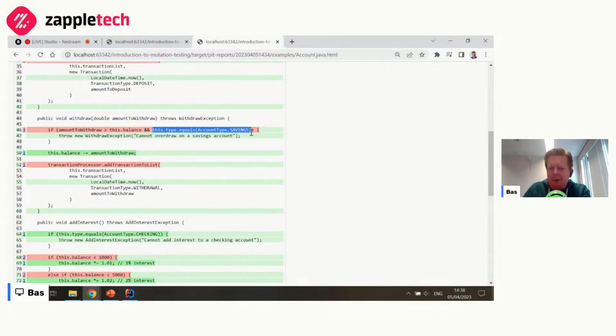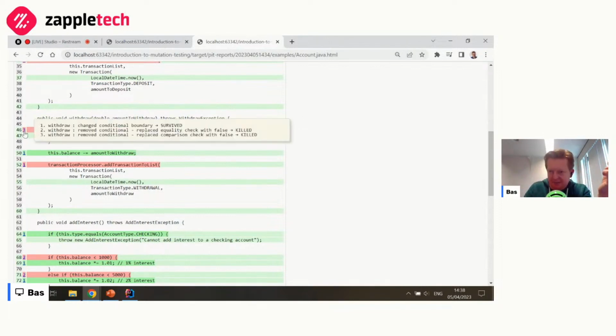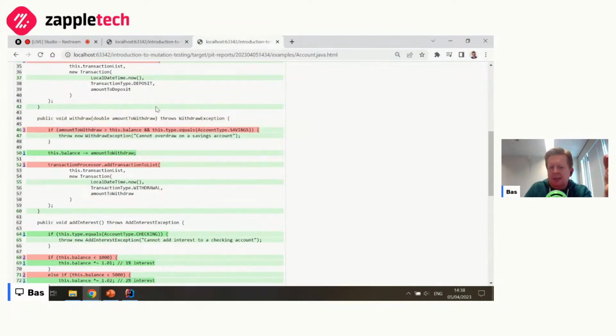The same for this clause; it replaced this with false, and probably the same test also picked up on that one. But there's a third one, the first one listed here. It changed the conditional boundary, and that mutant survived, meaning that none of the tests picked up on that change.